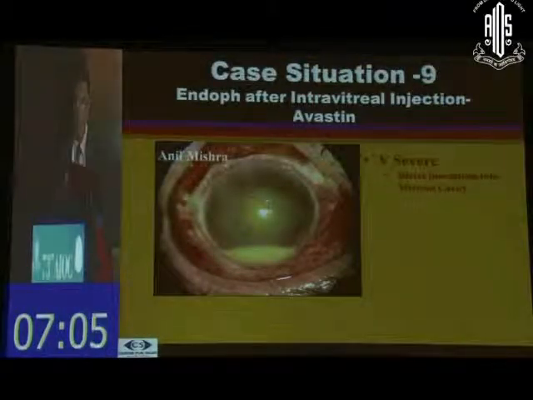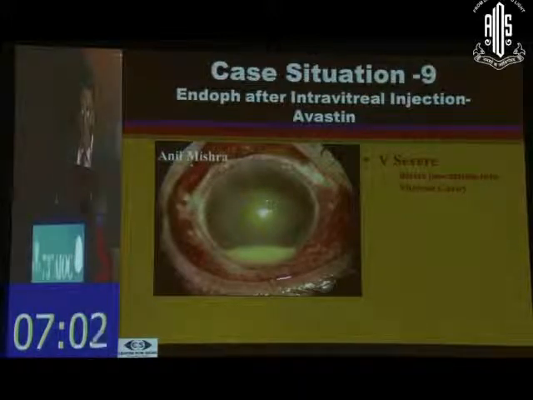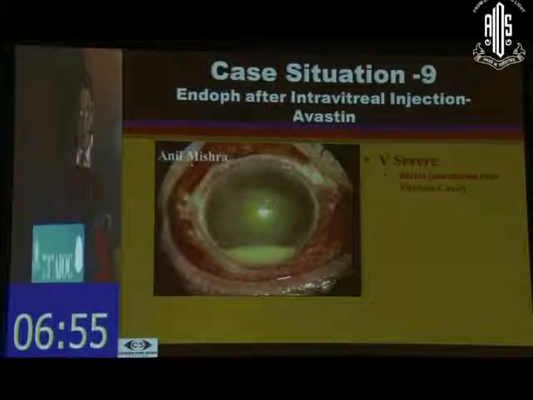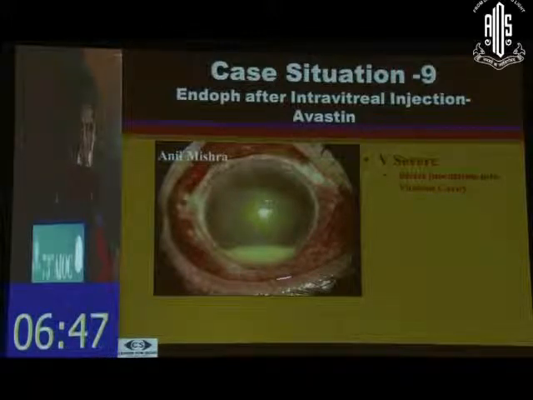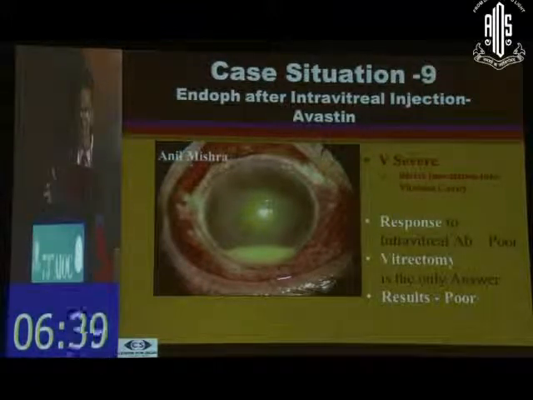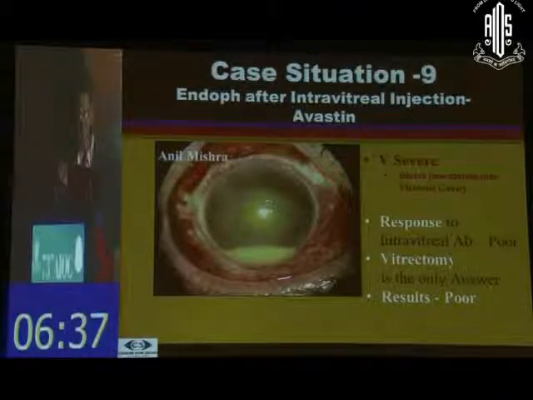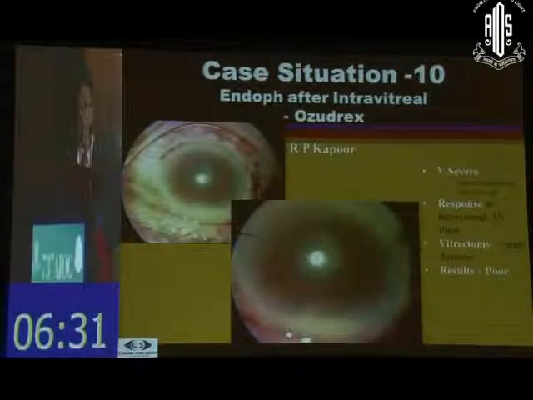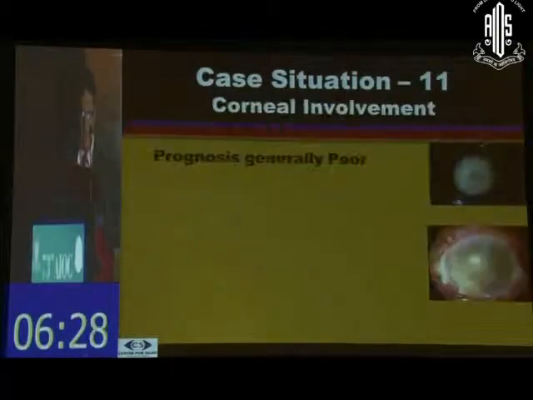Another situation in which endophthalmitis is becoming commoner is after Avastin, because Avastin is so frequently used by everybody. Recently, as I said, we had bouts of infection from a spurious kind of Avastin which was there in the market. This infection which occurs after intravitreal injection is generally very severe, primarily because we are injecting the inoculum directly into the vitreous cavity. And the results are not as great unless you intervene very early, and by and large our experience is vitrectomy is generally required in these scenarios. It could occur even after Ozurdex intravitreal injection also.